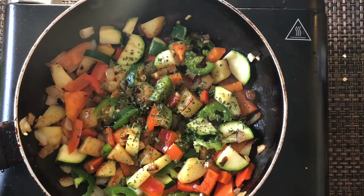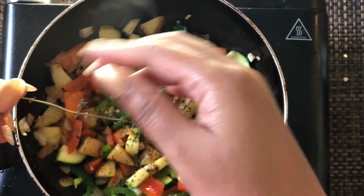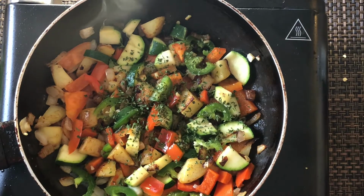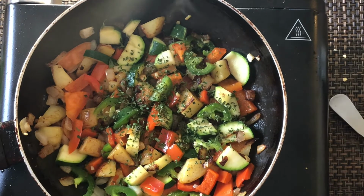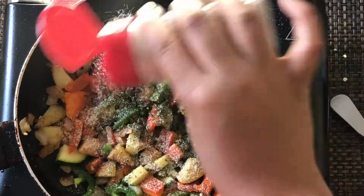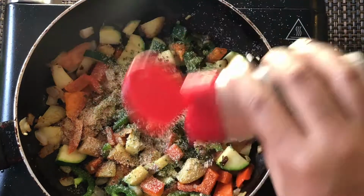I'm starting off with some dried parsley, and then to that I'm going to add some thyme. I'm just pulling the leaves off of the branch. Typically if I was cooking something like chicken, I would throw the branch in there as well, but obviously we don't want any of that in our eggs. So just pick off the leaves and add that into your vegetable mix. The next thing I'm going to be adding is some onion powder. Even though we have onions in there already, I feel like the onion powder has a little bit different flavor profile than fresh onions. So we're throwing that in there, adding in some garlic powder,